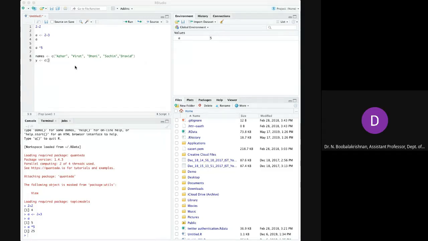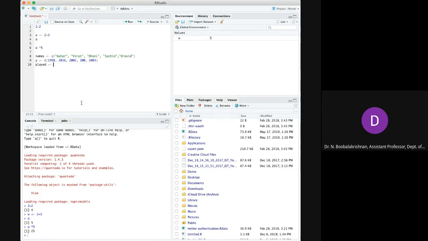I am just giving it as rough, not exact years. 1998, 2016, 2002, 2000, 2003. And then the year and the matches that they have played.